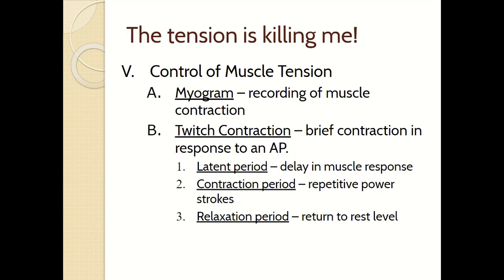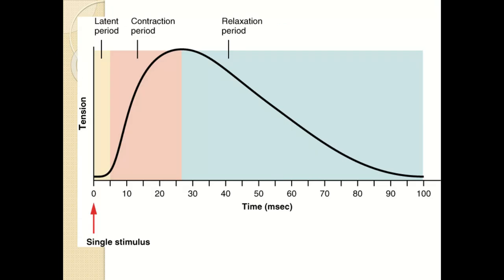Okay, so that's it for talking about energy. Now we're going to talk about what's called muscle tension, which is how your muscles produce force. And so there's this little thing called a myogram, which is just like a graph or a recording of a muscle contraction. And this is what a myogram looks like. So you see, we are graphing on our y axis the amount of tension, and on the x axis, we're measuring time in milliseconds. And you can see that as we go across time from a single stimulus at time